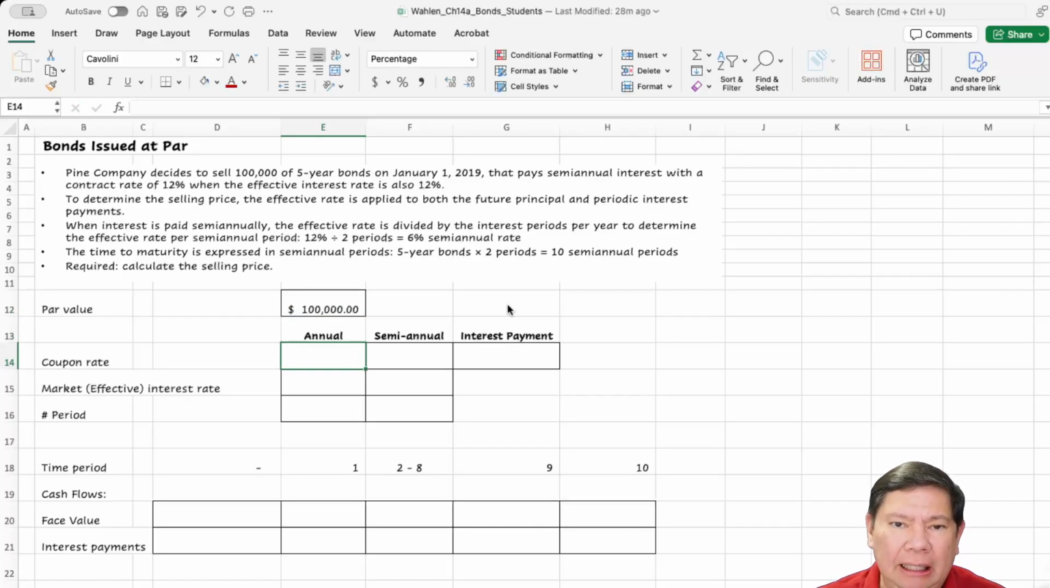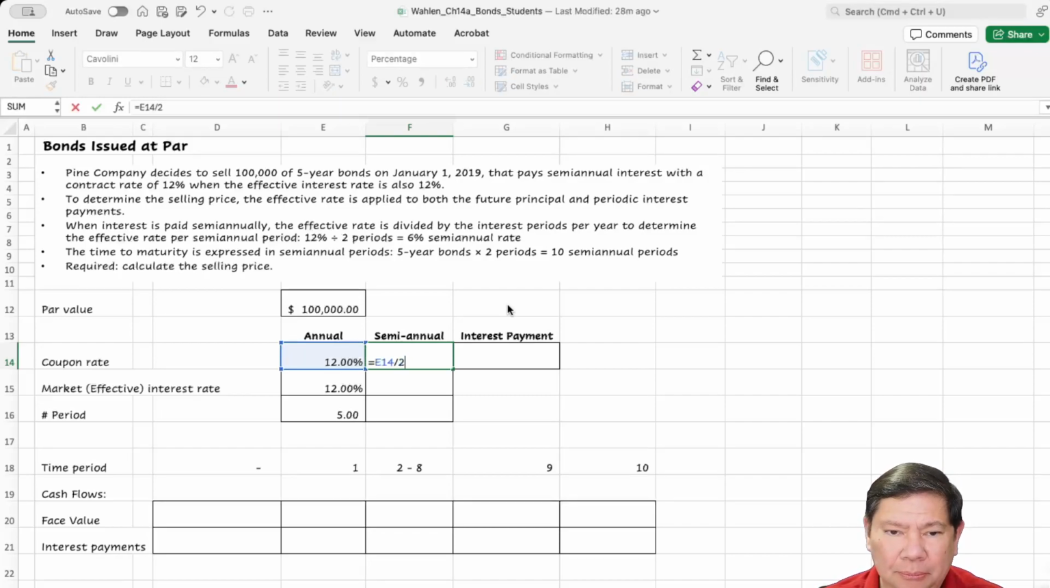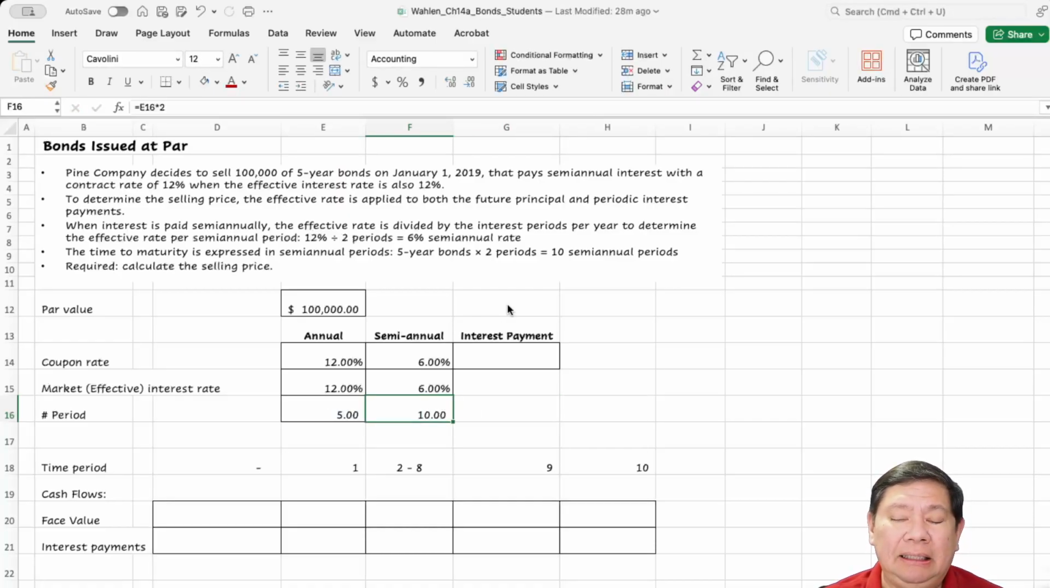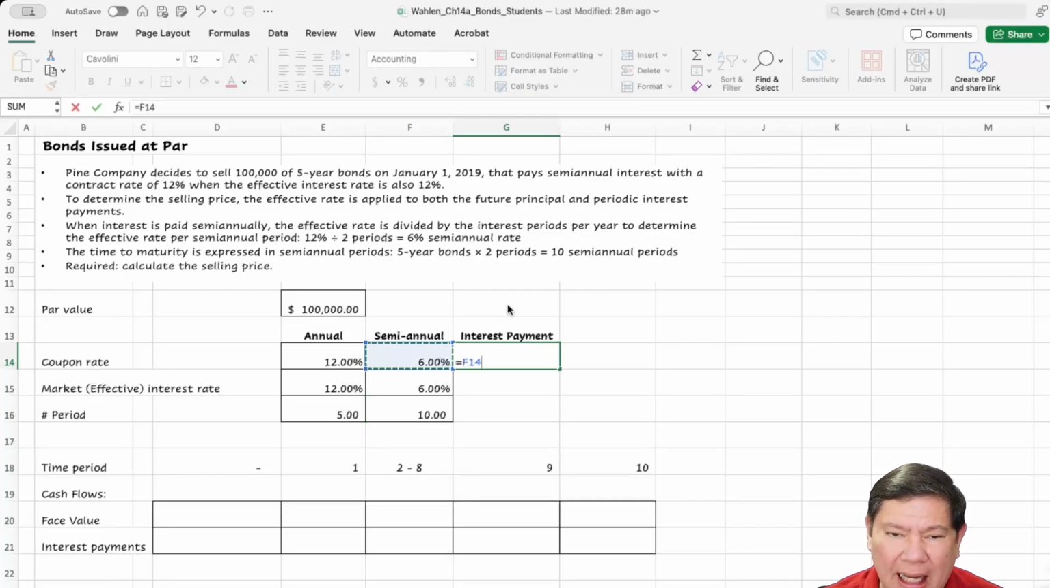Annual coupon rate is 12%. Market interest rate is also 12%. Number of periods is 5 years. But because the bonds are paying semi-annual interest, we have to divide the interest by 2, and we have to multiply the period by 2. So now we have 10 six-month periods. And the interest payment is 6% times par value based on the coupon rate,